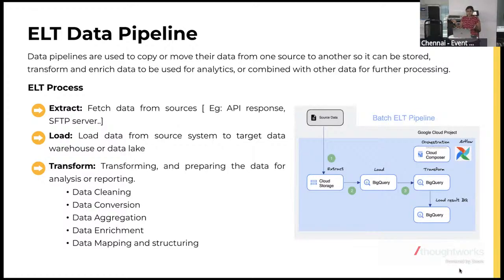So all this data would be required to add as metadata. This comes under enrichment. There is another thing, data mapping and structuring, where you reorganize the fields and everything. These are some basic transformations that are usually done. Also, there are two types of pipelines, we could say, based on the way